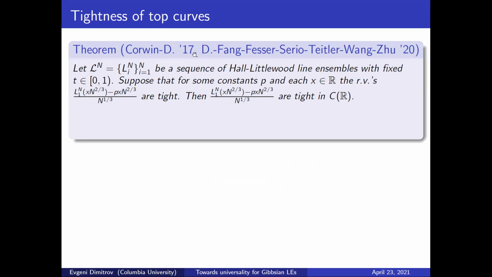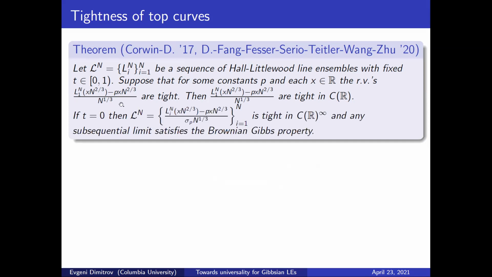More recently, during a summer REU project last summer, we wanted to lift this result to the full line ensemble, but because it's a summer project, we wanted to do it in something manageable. So we only considered the t equals 0 case. Again, t equals 0 means that you're basically looking at a collection of avoiding Bernoulli random walkers that start from some random and end at some random positions.